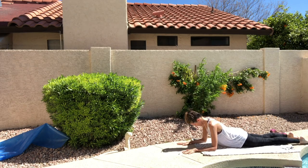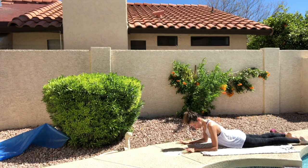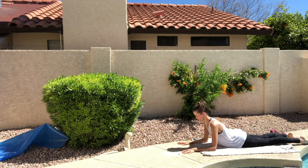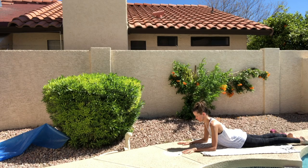We're moving into Sphinx Pose, and in Sphinx Pose, you're on your forearms, and your arms are roughly parallel, sort of like train tracks, you can think, with your elbows lined up roughly under your shoulders. Ground down through the hips and engage the abdominals slightly. You can press the tops of the feet into the mat or the floor, and then begin to draw those forearms towards you, almost like you're pulling the mat towards you as you inhale and lengthen your spine up and